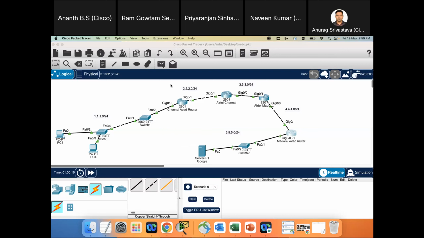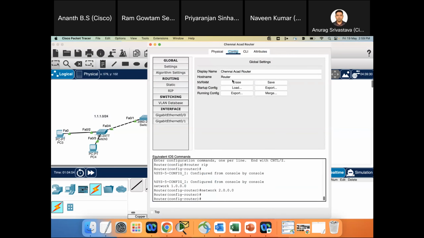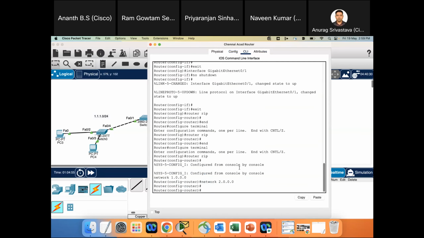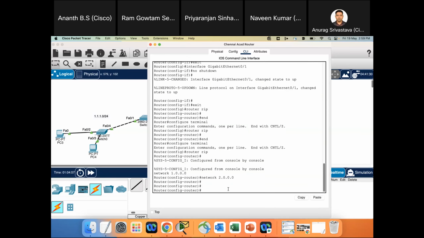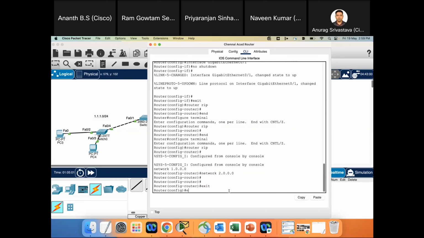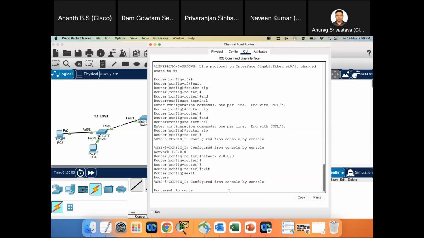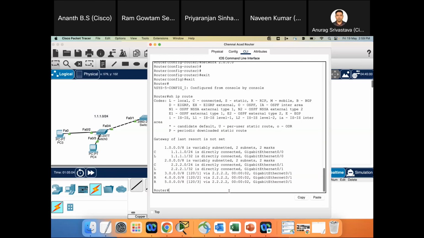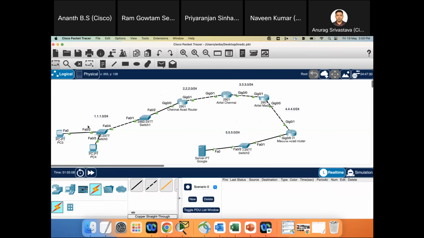Okay. Now I will just move some. I'll do a fast forward so that we get the converged state. So I'll come to Chennai ACAD router just to check something, and I will say I want to check whether we have connectivity from here. So I'll say show IP route. So we have connectivity. So now, if I come to this PC3, first, before going to browsing,